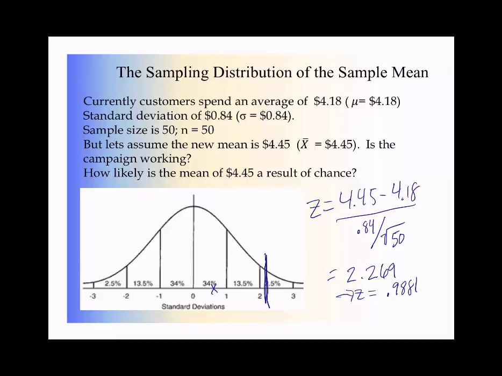So that means that 98.8% of the time, we can be pretty sure that if we get a new mean of 4.45, that means people are actually willing to spend more on iced coffee than they were before. And we only have now a little less than a 2%, or 1.2%, chance of error, which is usually fine in statistics. Because the difference in our mean, what people are willing to pay, is now just a little bit higher. So now we can say that we're pretty darn certain that people are willing to pay more.